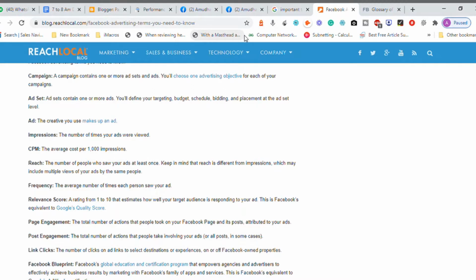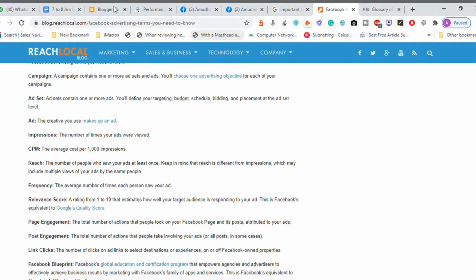So we will be able to see some terms, glossaries, some important or technical terms that are used in Facebook advertisement. We know very well that in any language we have something called vocabulary. The power that you have on the language is determined by the vocabulary we use, the kind of terms that you use. The same way in Facebook's advertisement, we have several terms related to advertisement campaign creation, and let us try to understand what these are.